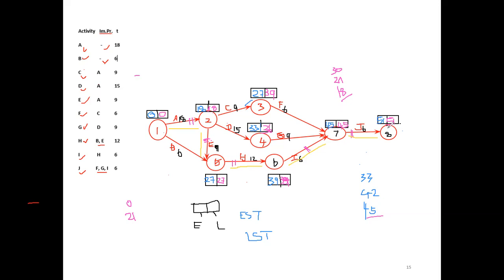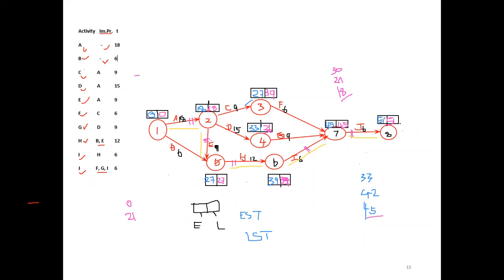So total completion time is 51 days. So what does the critical path say? The minimum total completion time is 51. This 51 derives only through these activities, and these activities cannot be delayed. So a project manager will give more sincere consideration to A, E, H, I, J, because if he makes any delay in these critical path activities, that will affect the entire project completion time.